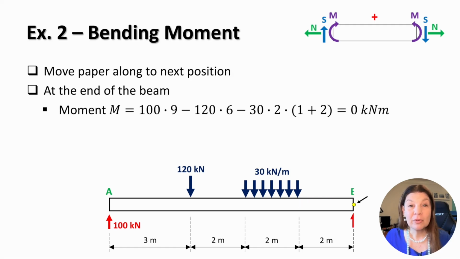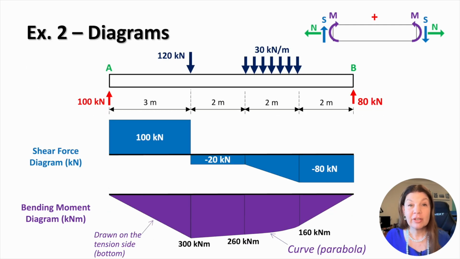And finally, we move to the right support, which is the end of the beam. As with the left support, the bending moment here is 0 because a simple support cannot resist bending moment. And this provides the final point needed to complete the bending moment diagram. This slide summarises the shear force and bending moment diagrams for the beam. From equilibrium, we determined the support reactions of 100 kilonewtons at A and 80 kilonewtons at B, and using these